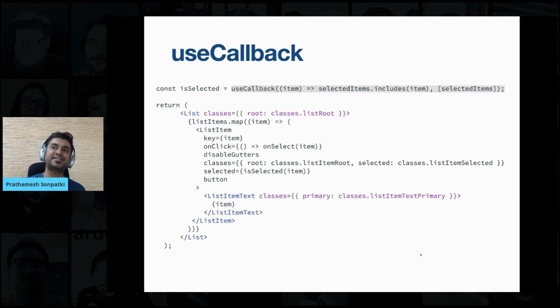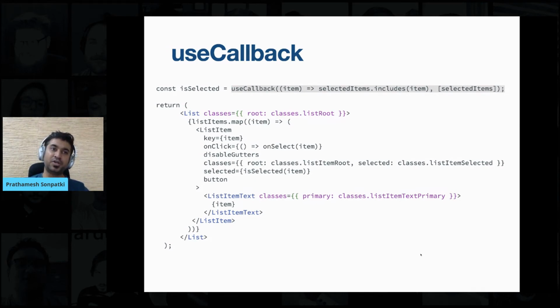And in these cases, just wrapping that particular function within a useCallback hook helps, because then useCallback takes care of doing the internal comparison on the selected items, and only if the contents change will our component get re-rendered. So this is an example of using useCallback for a function. It's a good hook when we have these kinds of objects which don't match referential equality, so it helps us in avoiding unnecessary re-rendering.